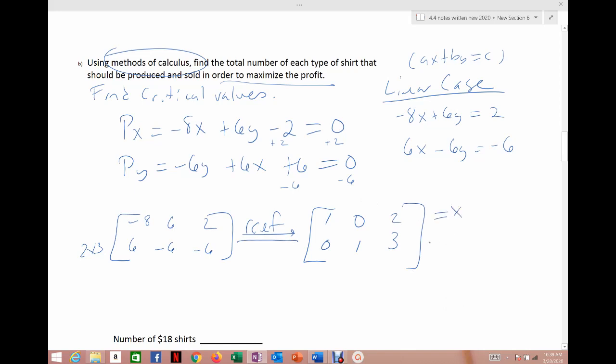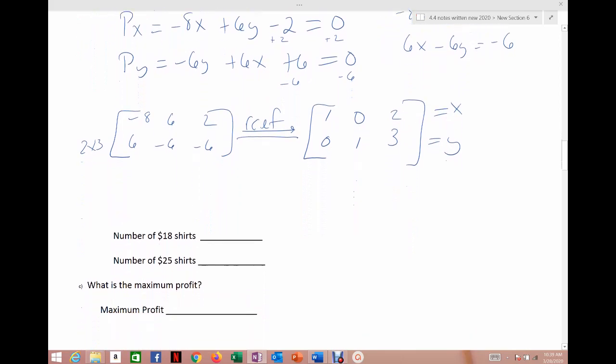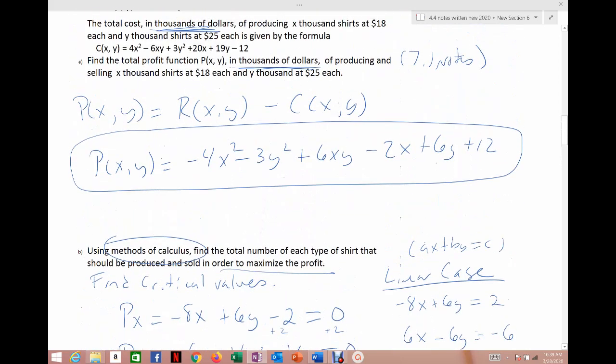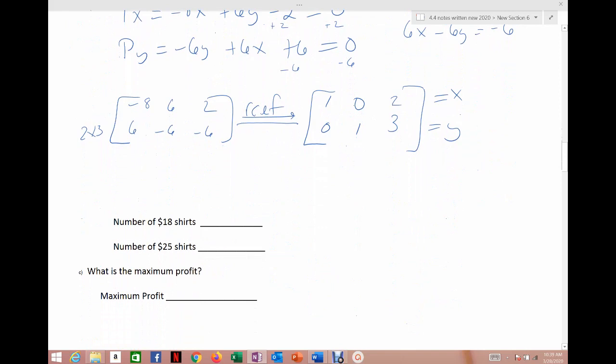Alright, so my x value is 2, my y value is 3, and so there's my critical point. And remember, when we write our answer, we've got to remember the units. X represents thousands, and y represents thousands. So x is 2, but remember it's 2,000, and this is the x value. So either write out the word 2,000,